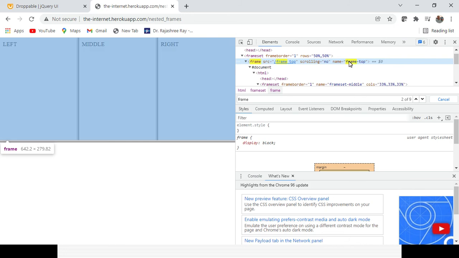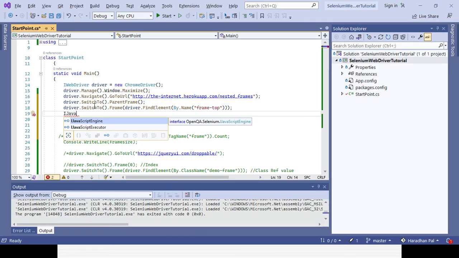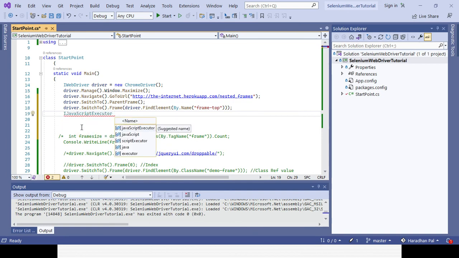Now I want to check whether it is giving the current frame or not. So I need to use the JavaScriptExecutor, and create an object here: JavaScriptExecutor equal to, typecast to the driver.